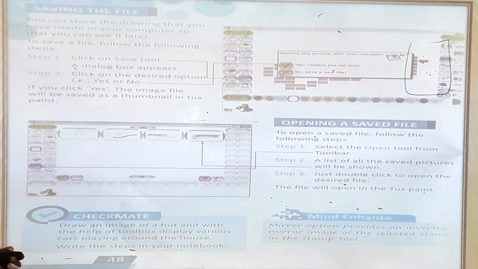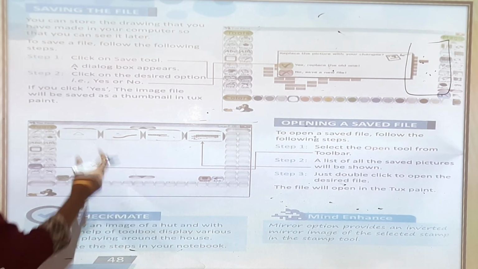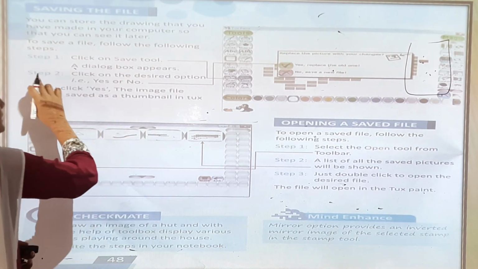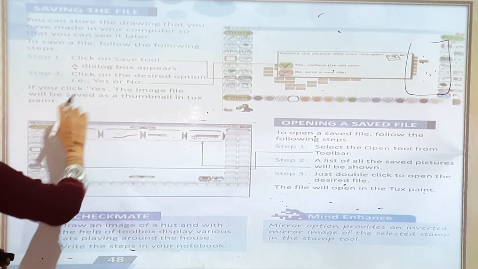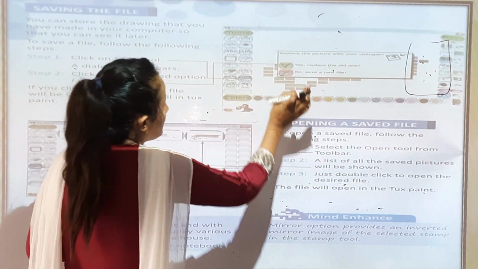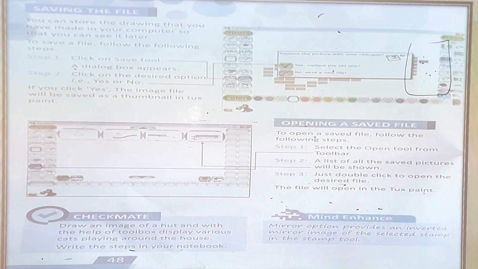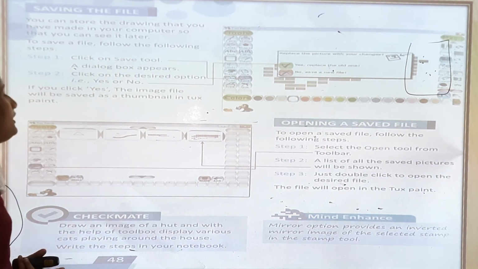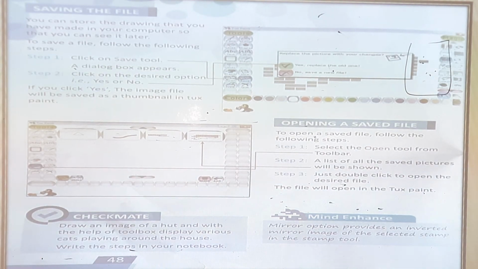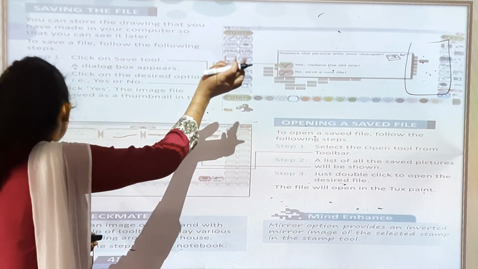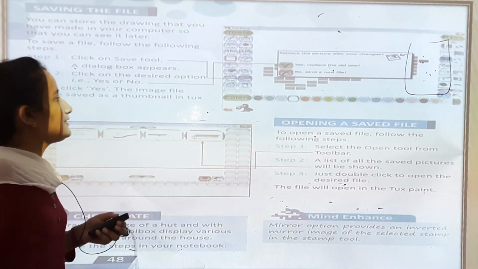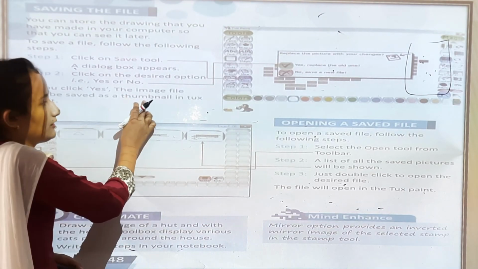A dialog box appears here. We all know that a dialog box appears. Step 2, click on the desired option, yes or no. So you have to click on yes. If you click yes, the image will be saved as a thumbnail in Tux Paint.